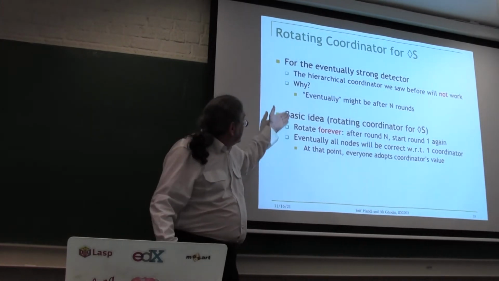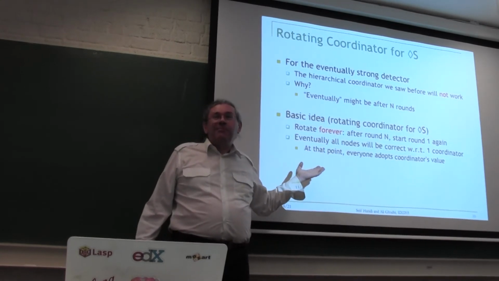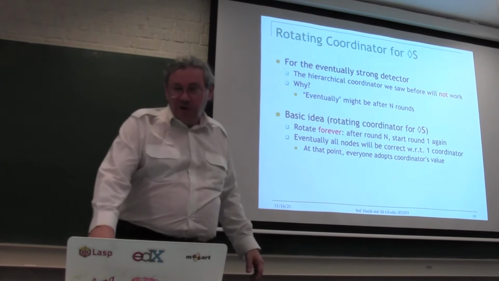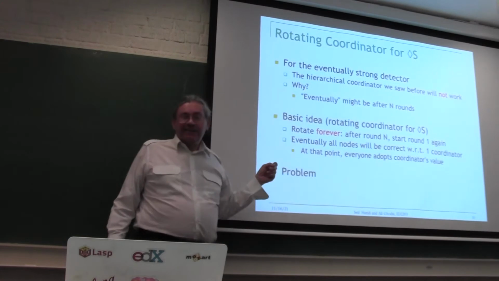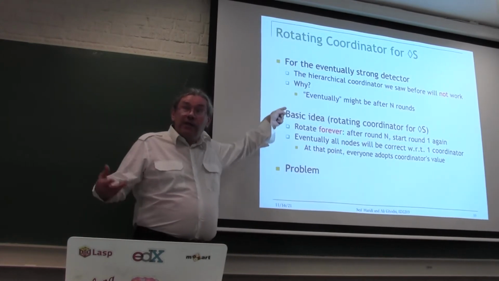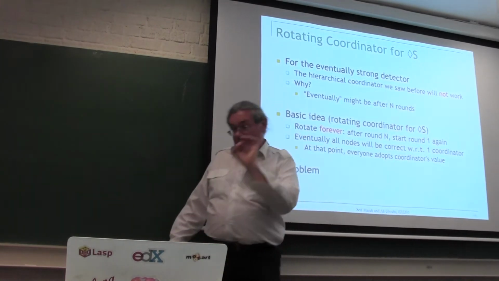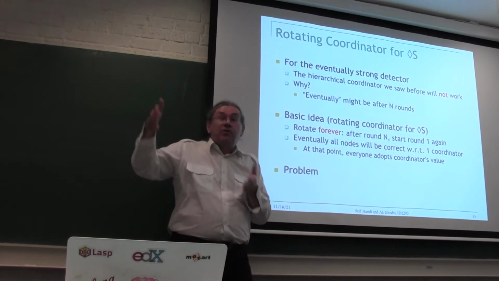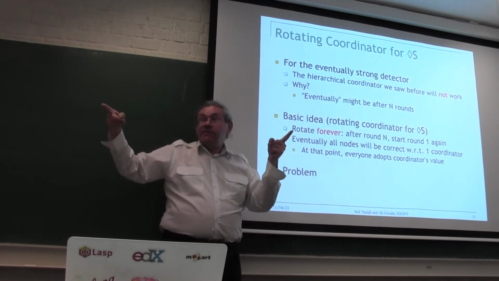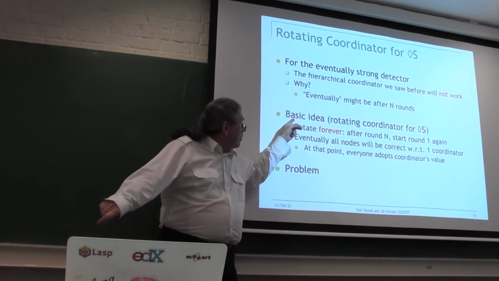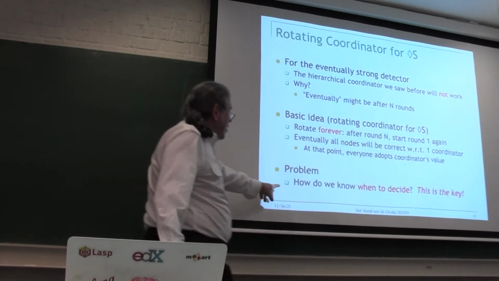So this is the idea, but the trick is, how do we stop the algorithm? That's the real issue. Of course, there's a problem here. You see how it works, right? You're getting it, that there is some point in the future where they will all have the same value. You don't know when, but that point is there. It exists. Everybody sees it, and everybody sees that there's a problem. The problem is, how do we know when?